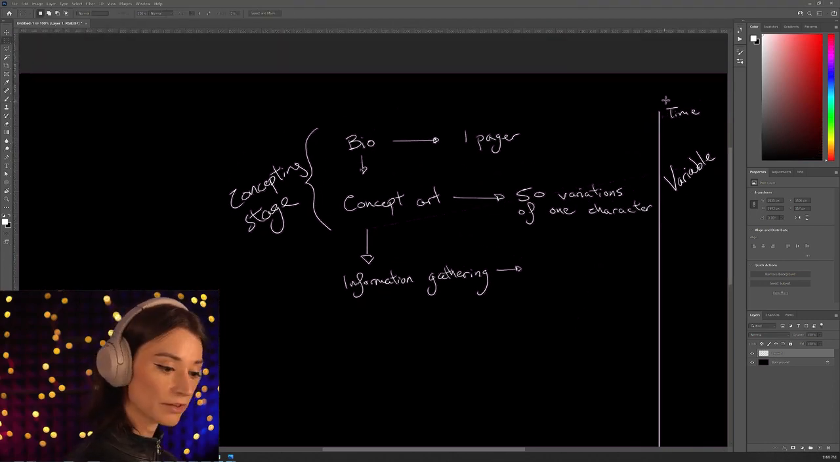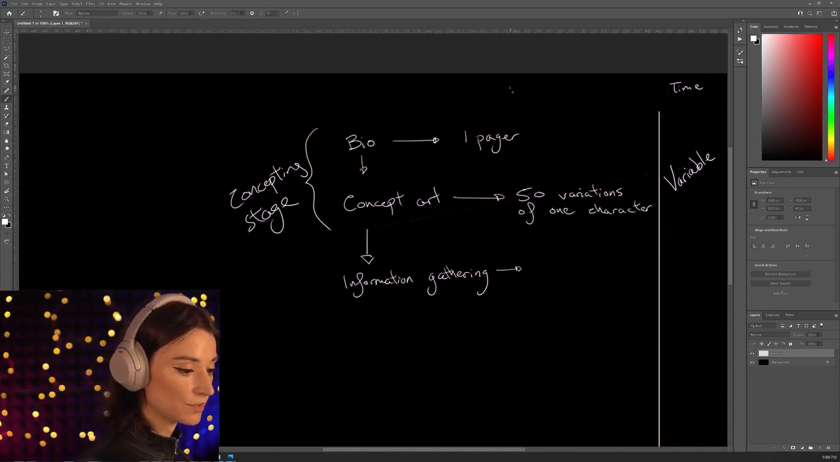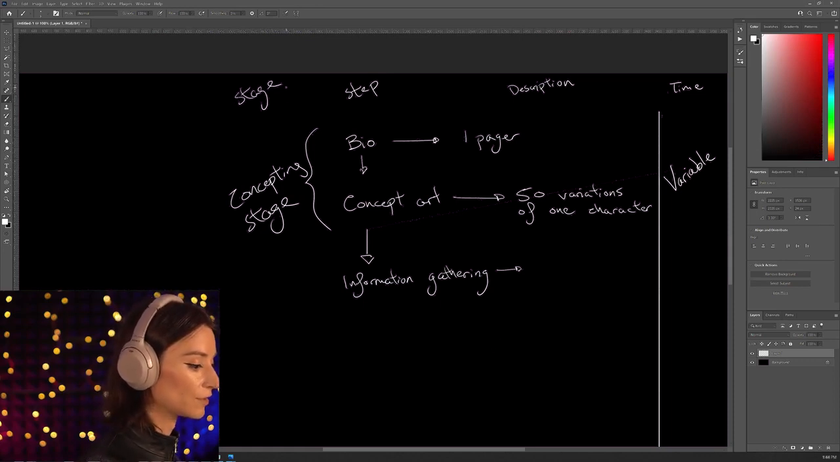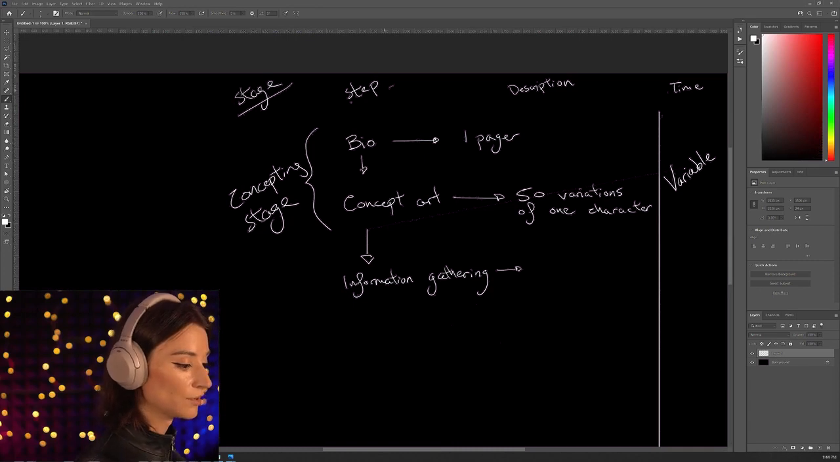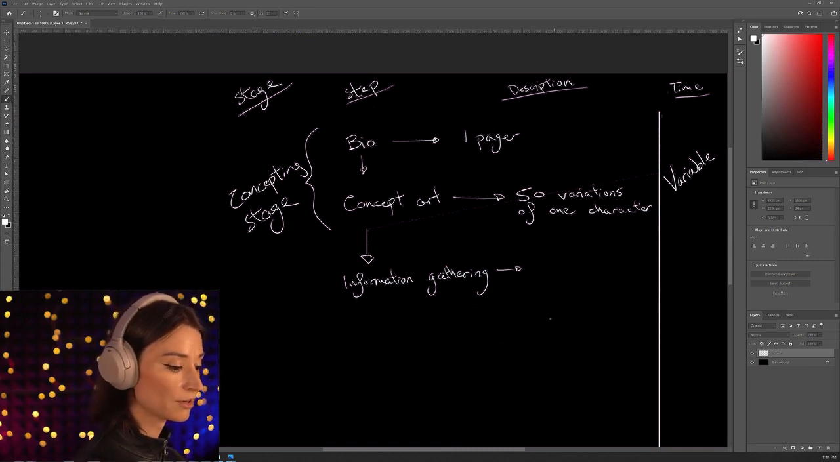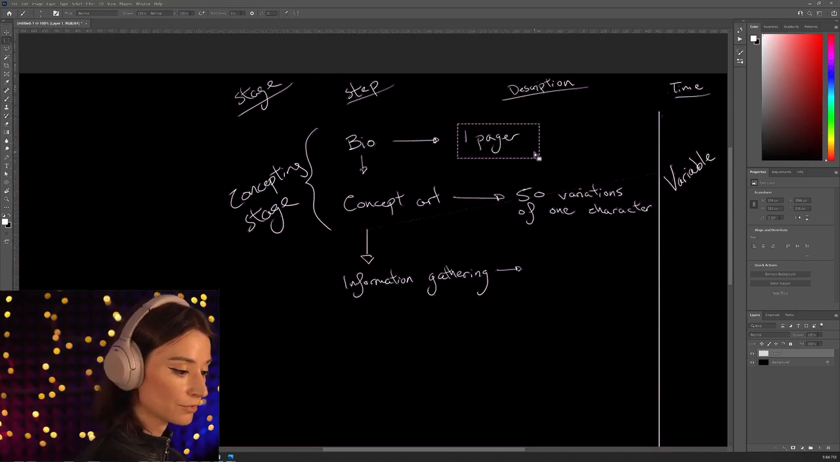So, here, let's make a nicer little graph of this. So this is time. This is description. This is the step. And let's call this the stage or something like that. Stage, step, description, and time. So the description for